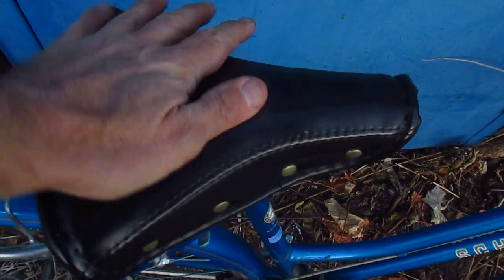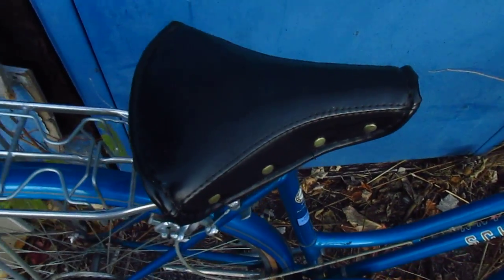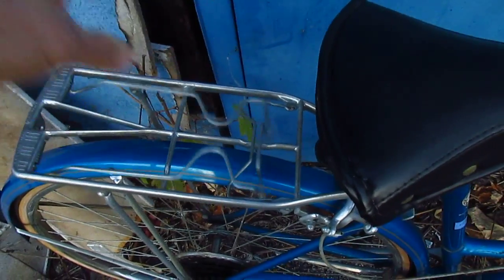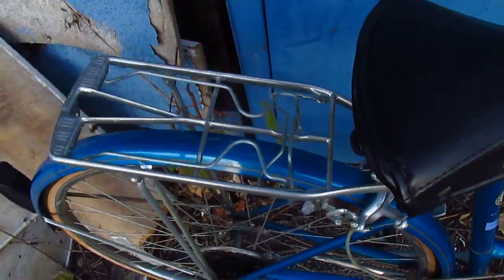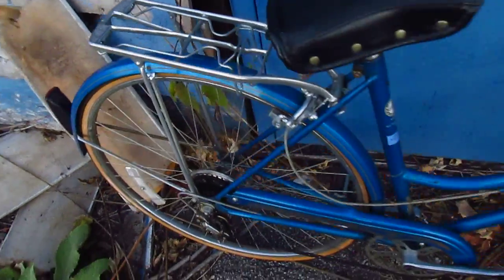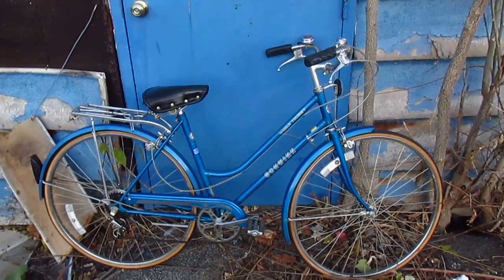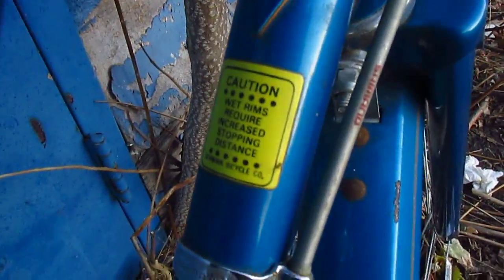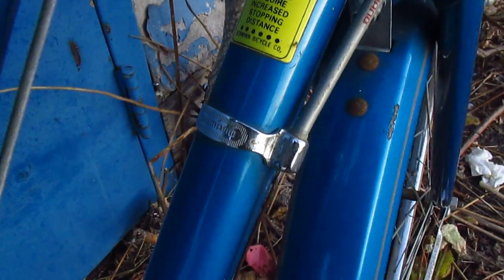Just replace the cable once in a while, keep it lubed. This seat, it's vinyl. It's goofy, it's padded, but whatever. And it's got a rack. And that's a gnarly rack too. I would not want to get caught in that. So the Schwinn, oh, and here's another clue. Wet rims require increased stopping distance. They didn't really do that back in the